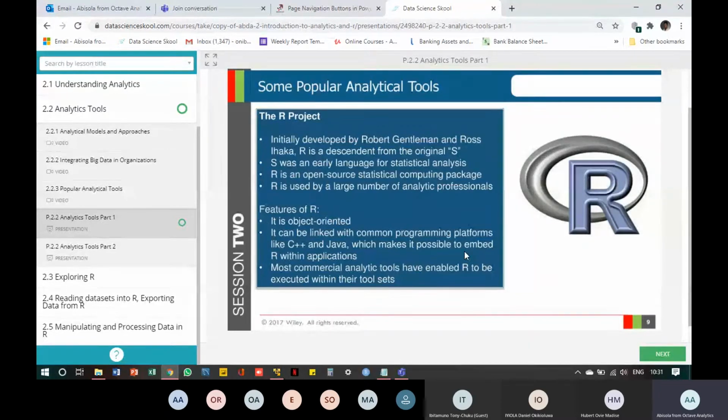And of course, you can see their names start with R, which tells us that this was where they got the R name from. And R is a descendant from S. S is an early language, and S was used for statistical analysis in the past.